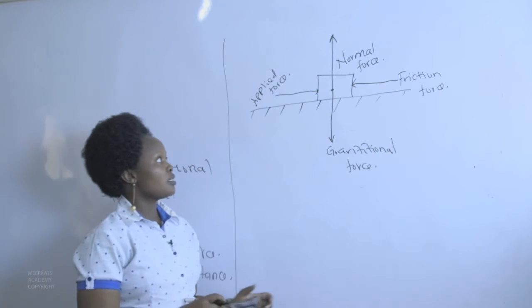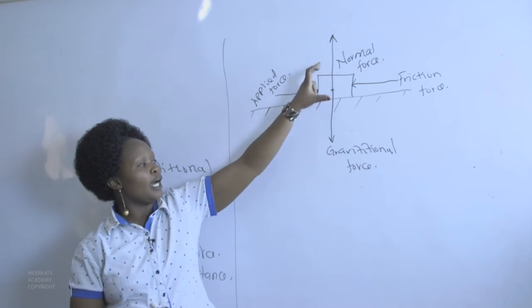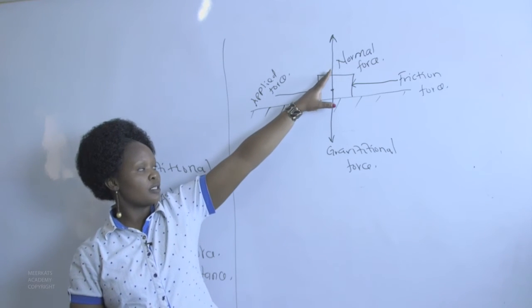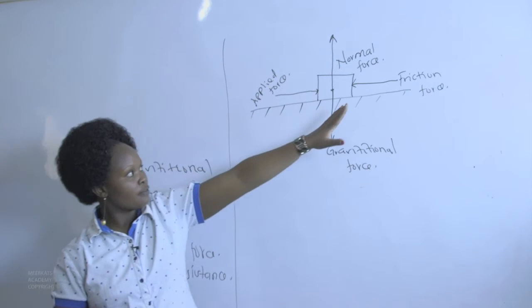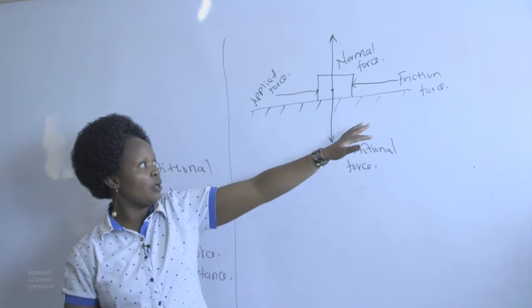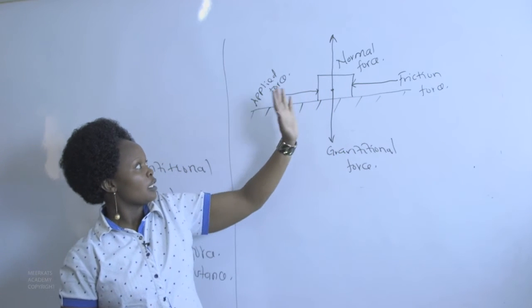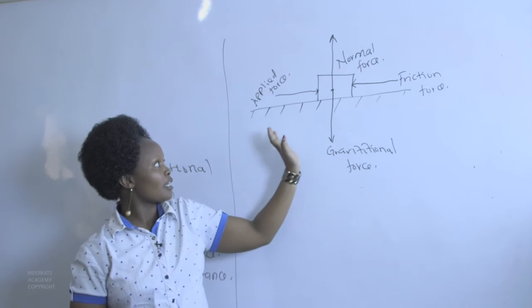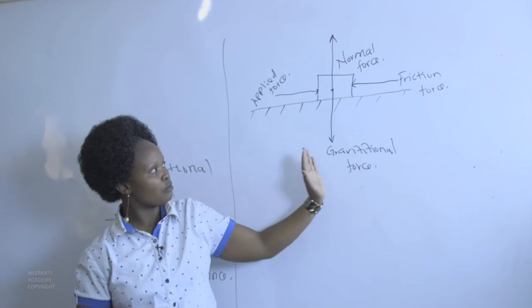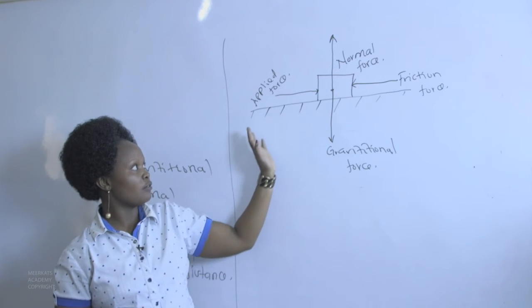Now, look at the sizes of the forces. Gravitational and normal are equal but opposite. Again, applied and friction are equal but opposite. Therefore, the effect is cancelled out, and therefore the box can move towards either direction because the effects of the